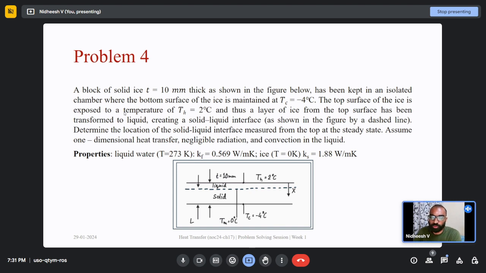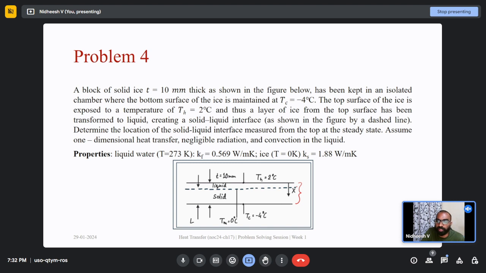Now I will move on to the fourth problem. I will read the problem for you. A block of solid ice, T is equal to 10 millimeter thick. So this is a block of solid ice. Whatever you see within this, T is equal to 10 millimeter thick,